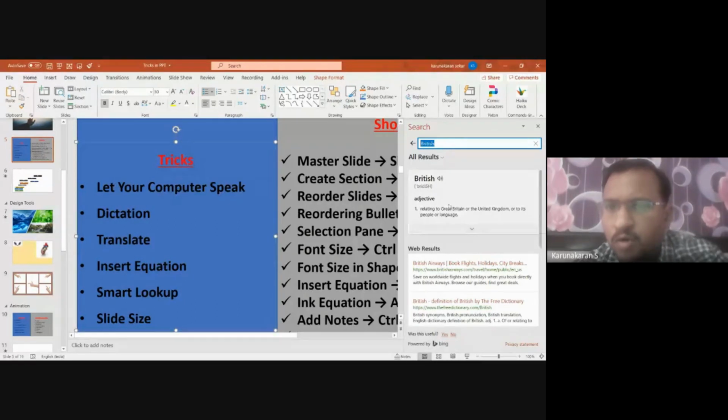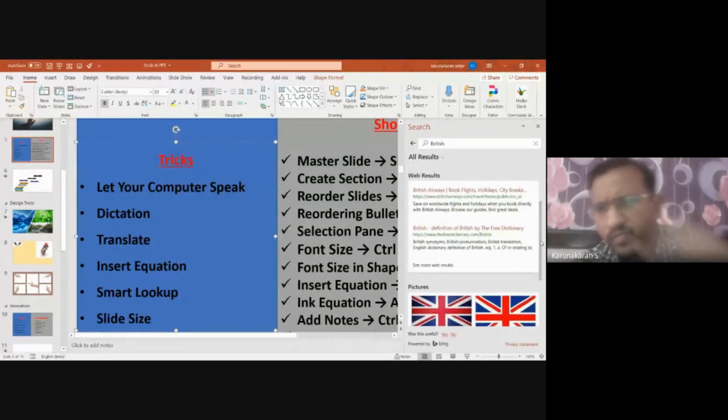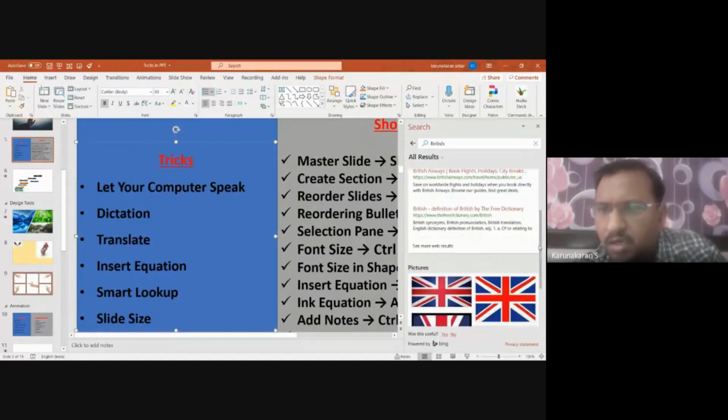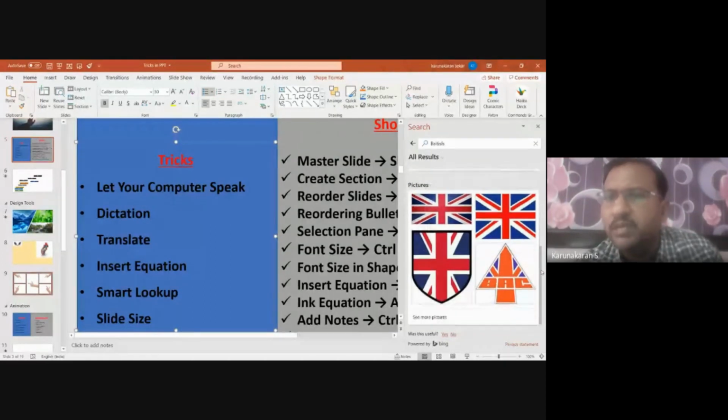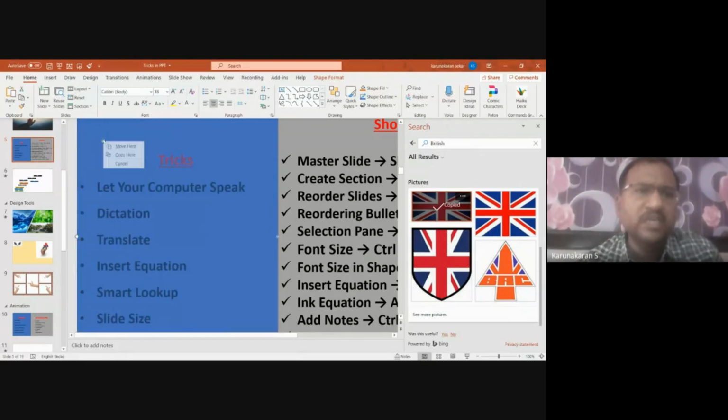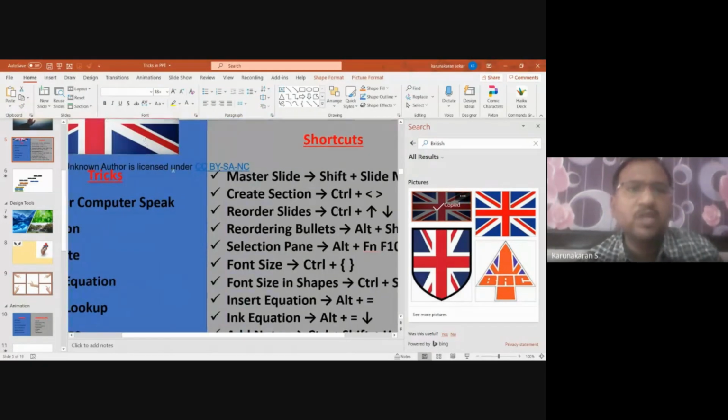It will tell you about the Great Britain meaning and other web results. When you type British in your Google Chrome, it will always show all the contents that will be displayed. You can go for see more web results for the specific website that you need. In pictures, it will show the equivalent flags. When you want to copy the flags, you can directly click on this, and when you place it here with Control V, your image is copied here, right?